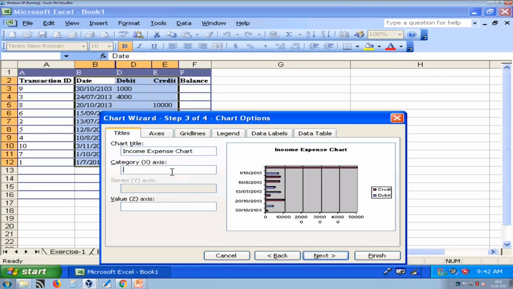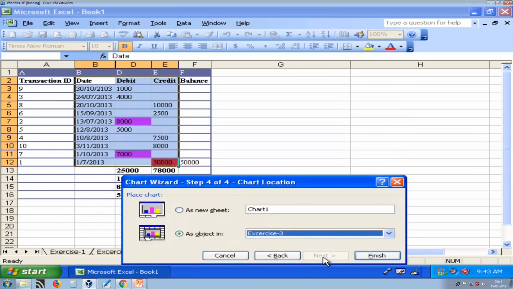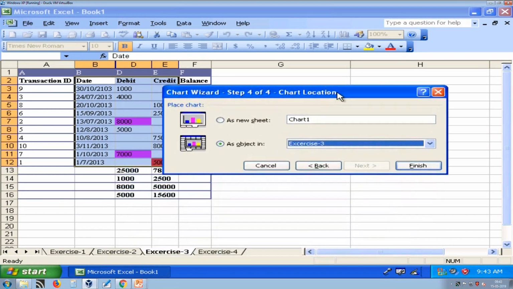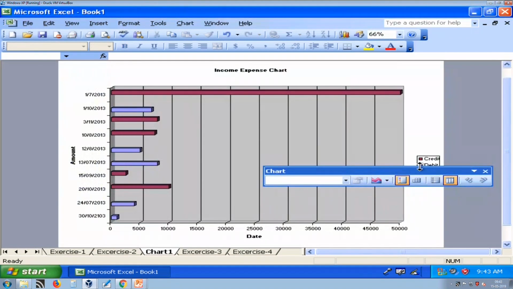On the x axis we have amount, and on the z axis we have date, and then press next. Now, it will ask you whether you want to place the chart inside the same sheet or as a new sheet. So, here I select as a new sheet and then press finish.